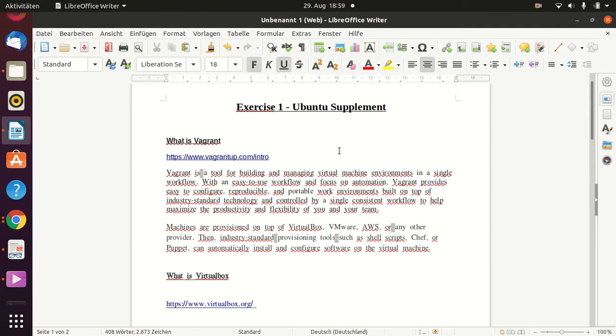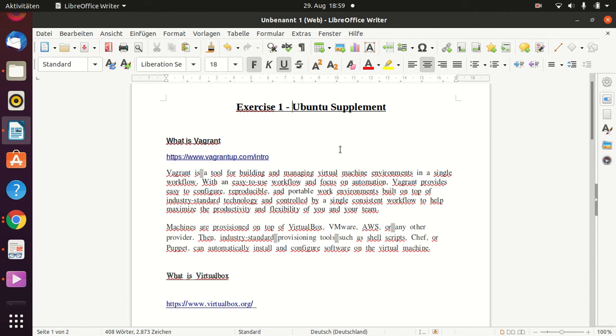Hello everyone, Robert here. Today I would like to show you how to install Vagrant and VirtualBox in a Linux Ubuntu 20.04 machine. You can do the same practice in Windows as well as Mac. As a learner you can try all these three platforms for practice purposes, but today I focus on how to install in a Linux Ubuntu machine.